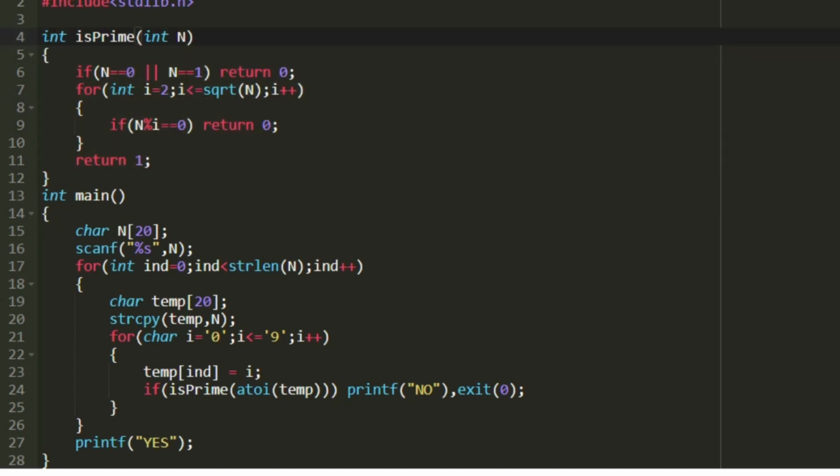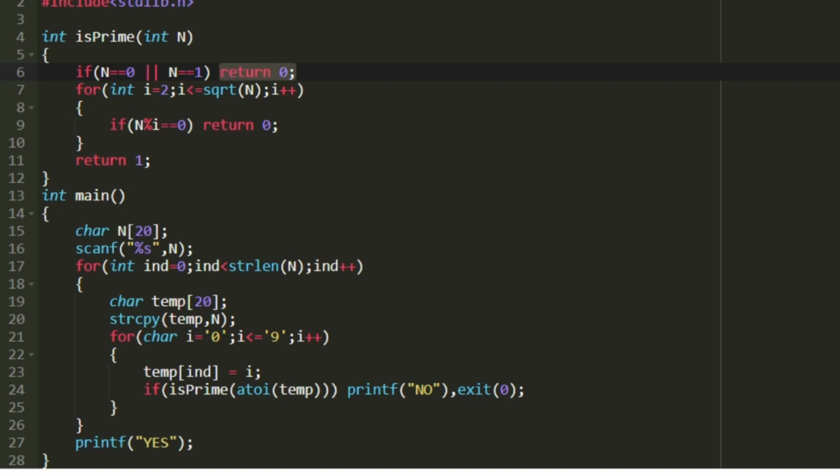The function isPrime accepts an integer in its arguments and returns 0 if the integer is not a prime, and if the integer is prime, it returns 1. In the first line of the function, first I am checking whether n is equal to 0 or n is equal to 1. Both 0 and 1 are not prime, so we return 0, indicating it is not a prime.